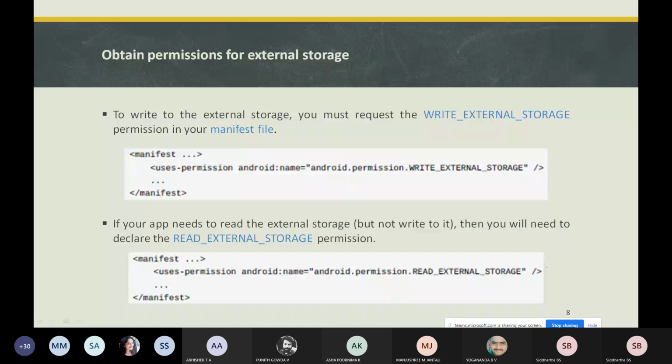For example, even if you uninstall your application, pictures or drawings or any documentation of your application should still be there in your storage.